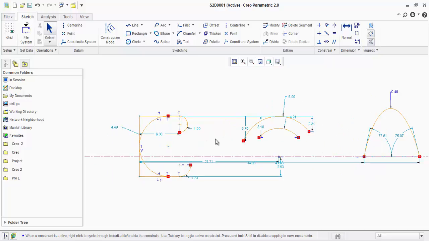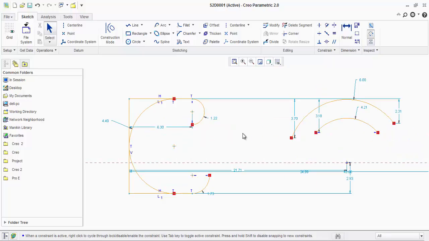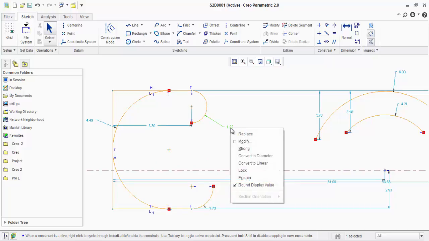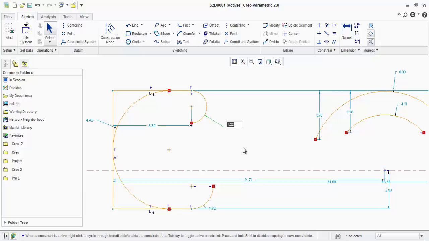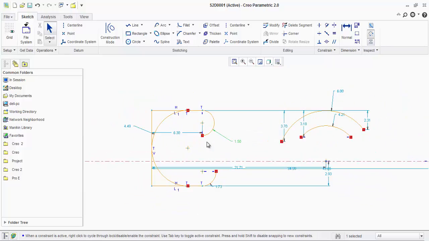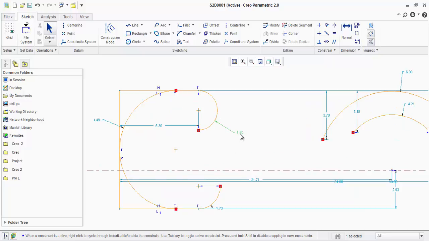Here as you observe, as we draw the sketches, Creo has automatically added the weak dimensions to it. So there are 2 ways of making these weak dimensions into strong dimensions. One is you can just choose the dimension that has been given, and right click, and you can choose strong from the context menu. And here if you want to change the value, you can change the value and enter. So you will be able to convert this dimension into a strong dimension,